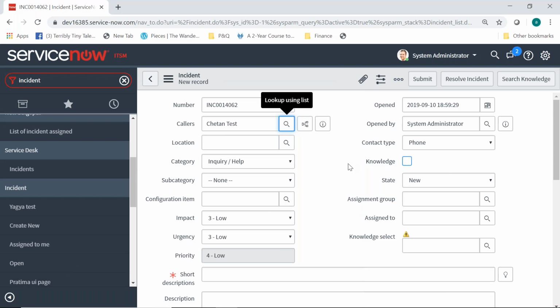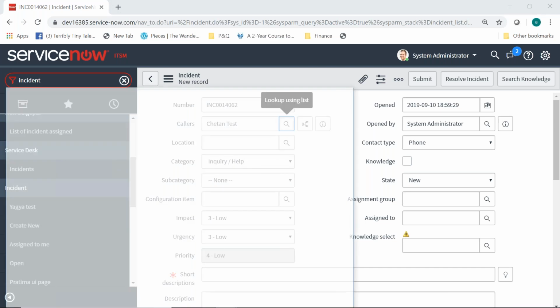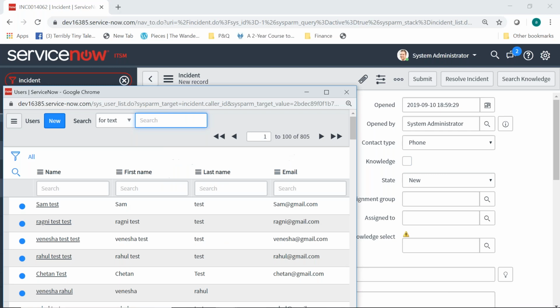Saloni, one question. If this user is not listed in this drop down box, then how should we add that one? I'll talk about it right now. What I'm doing is I'm just clicking on the magnifying glass. It is pulling nothing, but you can see it says users, which means this field is giving you the option to select the data present in this given table. You'll only be able to select a user which exists in the user table of the system.